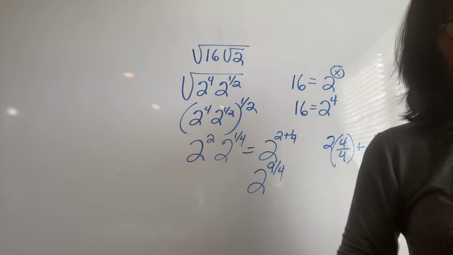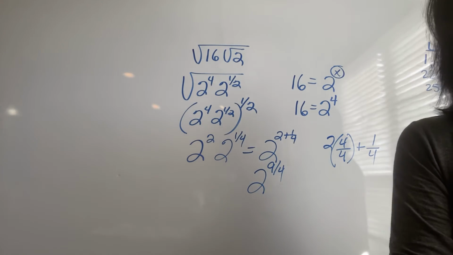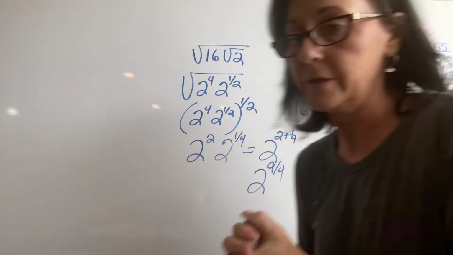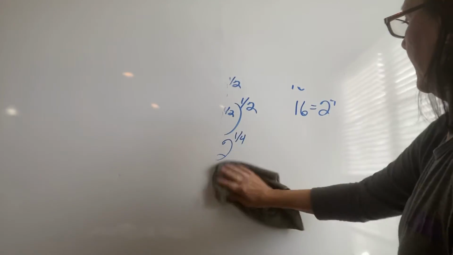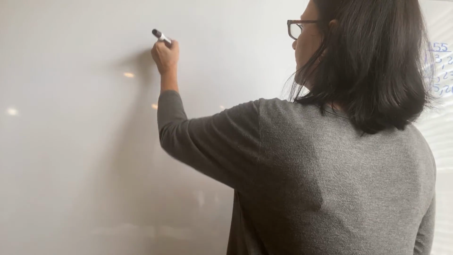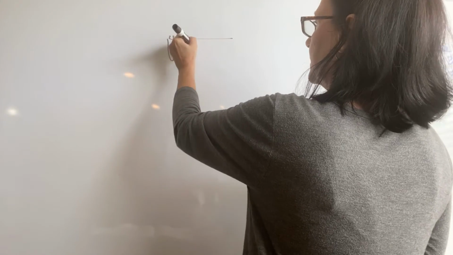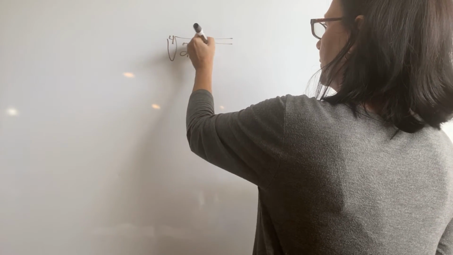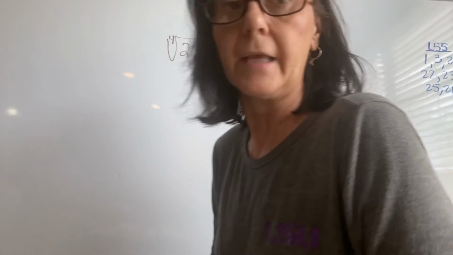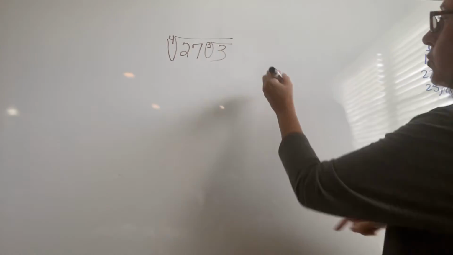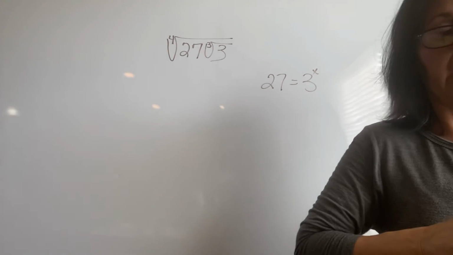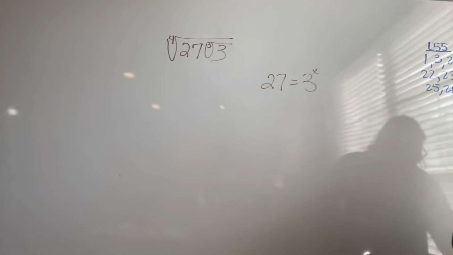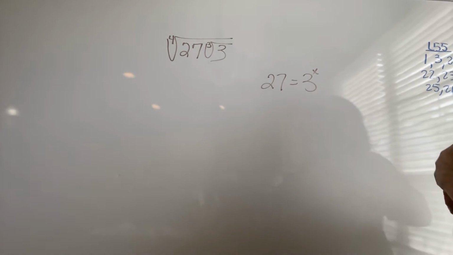You want a common base. Number 22 is much like it, and you want a common base. So it's the fourth root of 27 times the cube root of 3. Is 27 equal to 3 to some power? And it is. 3 cubed